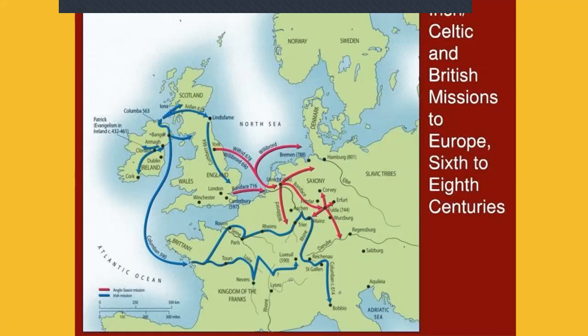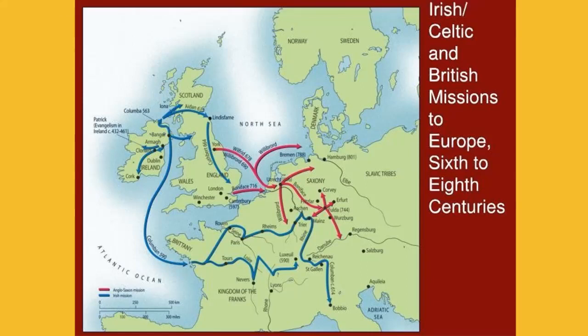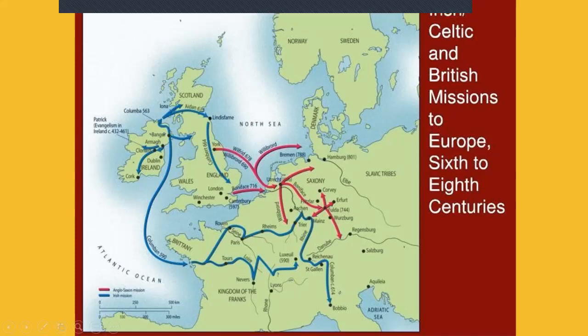The topmost of those shows Columcille's mission to the Picts of Scotland, and it also shows the journey of his successors who went to Lindisfarne, and then they also went down as far as East Anglia,